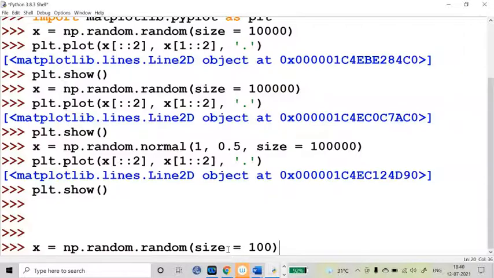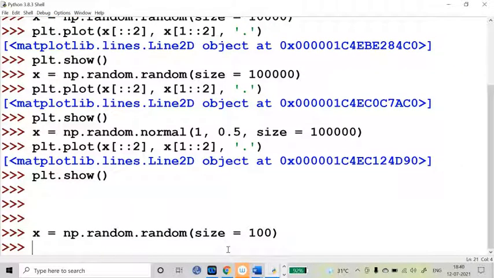Now I want to create a set of 100,000 random numbers by repeating these 100 random numbers between 0 and 1. How do I do that? There is a function called np.tile.